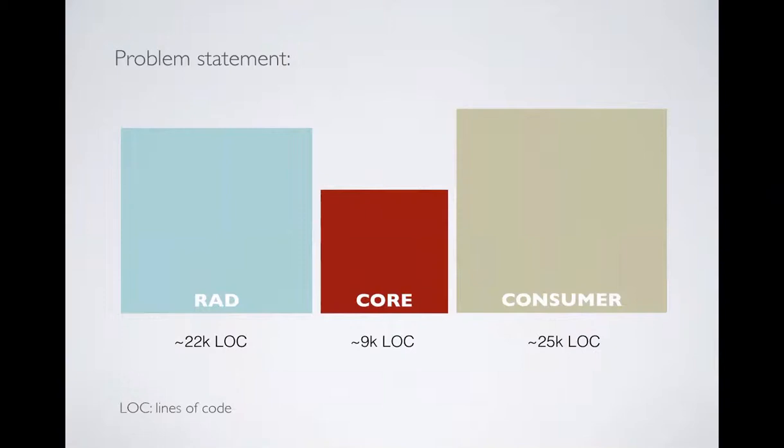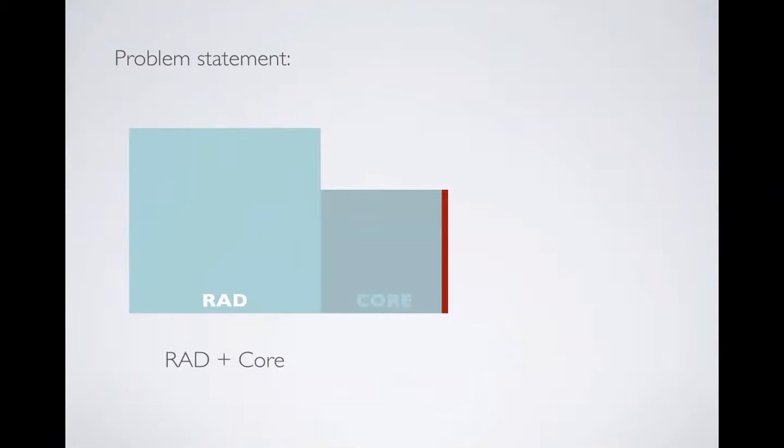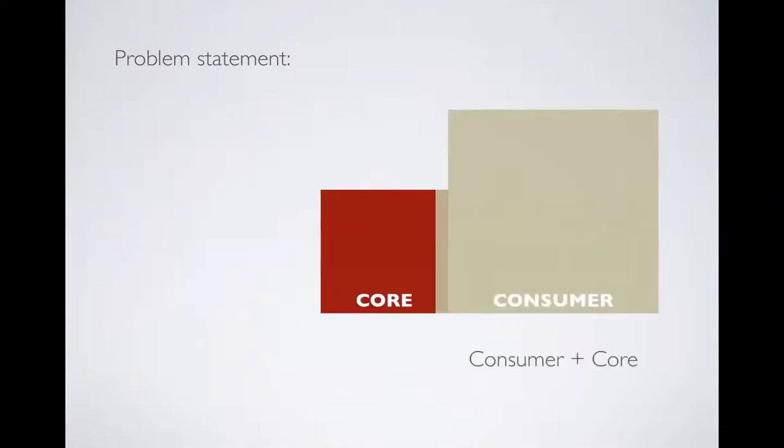Now, as you can see, probably you guessed it already, we have the lines of code for each of them, and the proportions are basically kind of correct based on the lines of code of each application. I'll try to show you how it looks if you try to overlap RAD and core. You can see there's some kind of overlapping there. Surprisingly, RAD is using a lot of core, and surprisingly enough, maybe too much of it. But let's look at consumer. What does consumer use? If you can spot the difference, consumer uses a little bit more than core, but